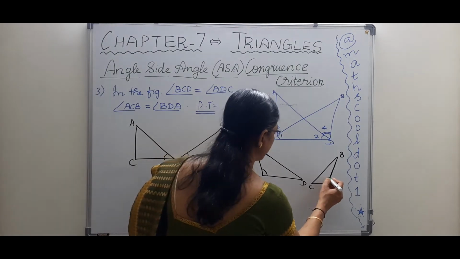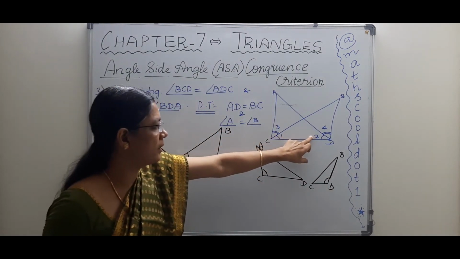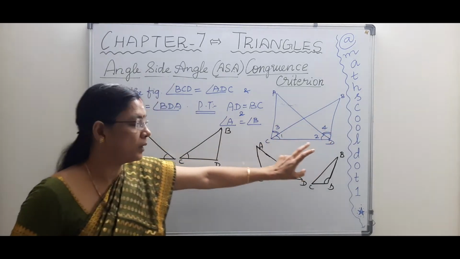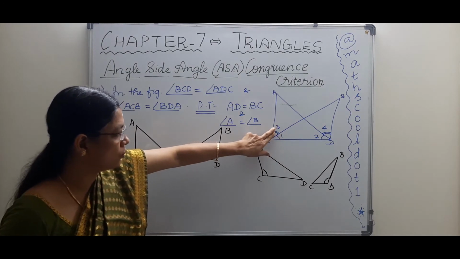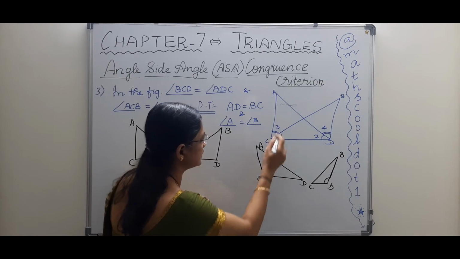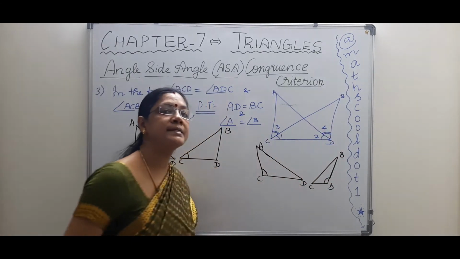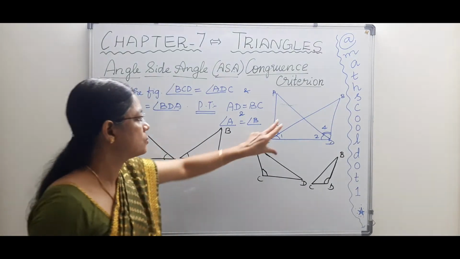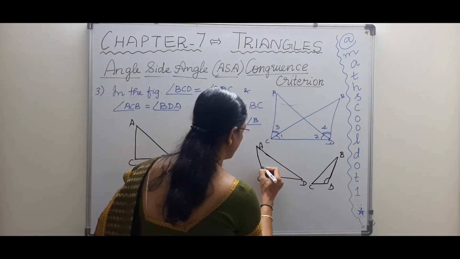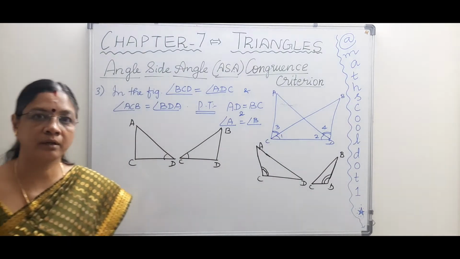Now what happens is, we have seen this angle 1 and angle 2 are equal, and angle 3 and angle 4 are equal. Now if I add these two, 1 and 3, 2 and 4, then this becomes the total angle C. So 1 plus 3 is angle C and 2 plus 4 is angle D, right? So you just remember these two things. So angle C is equal to angle D. That also we have found out from the given data.